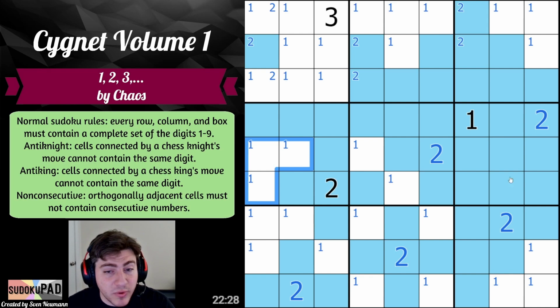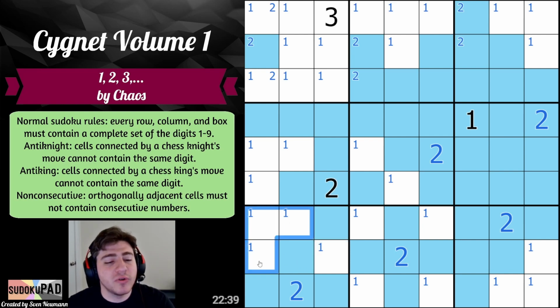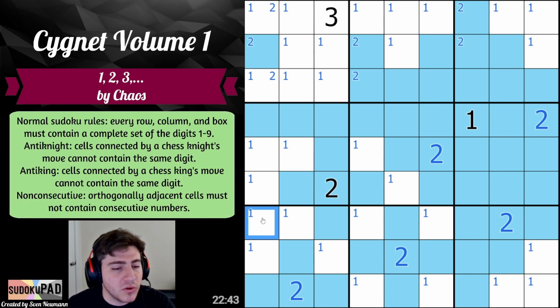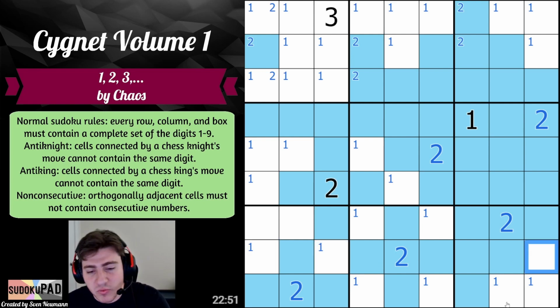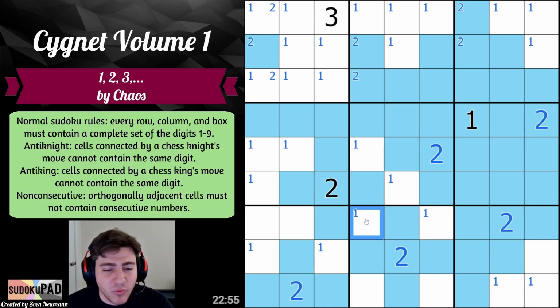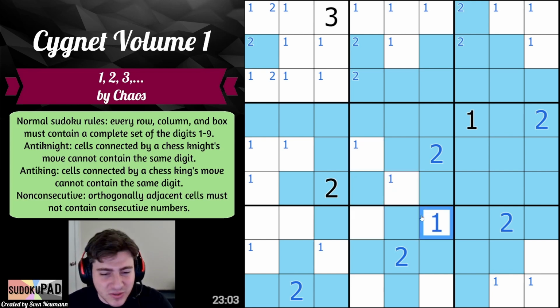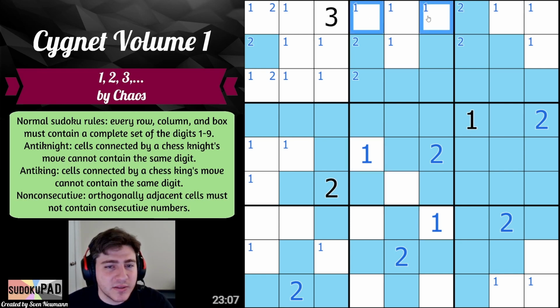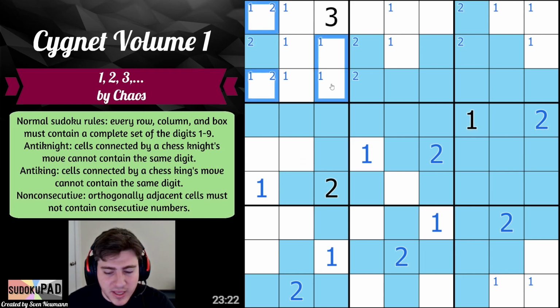So now, once again, I think we had this very similar pattern here with 2s. If 1 goes here, then... Oh, but 1 here is kind of a weird one. I guess, sorry, we should do it from this direction. If this was 1, none of these would work. So this can't be 1. If this is 1, then none of these could work, so this is not 1. So 1 definitely goes like this, which tells us 1 goes like this, which tells us 1 goes like this. If 1 went here, then neither of these could be 1 by our king and Sudoku. So this is 1, which means that this is 1, which means that this is 1, which is really given me hope for the roping. This is 1, which means,